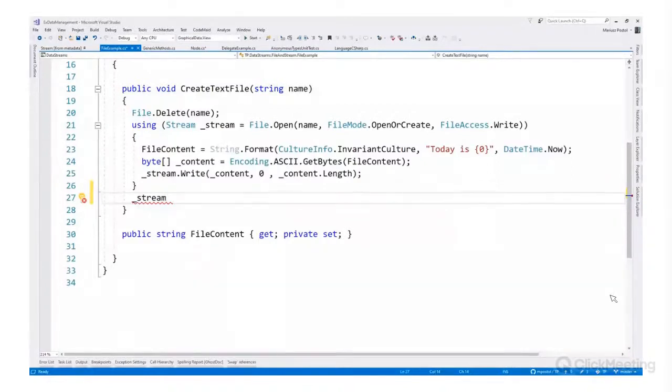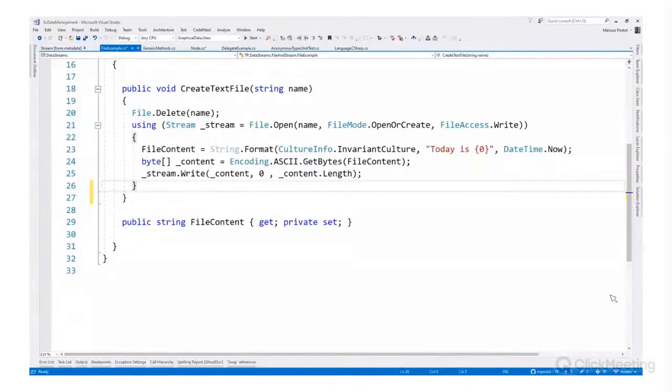It is something like encapsulation, filtering, hiding. The most important thing is that the file should be closed as soon as possible. So after leaving this block,